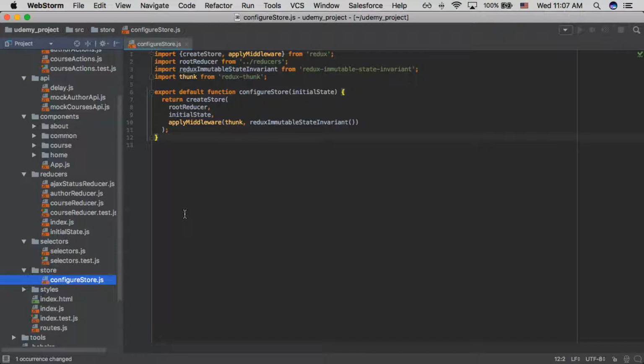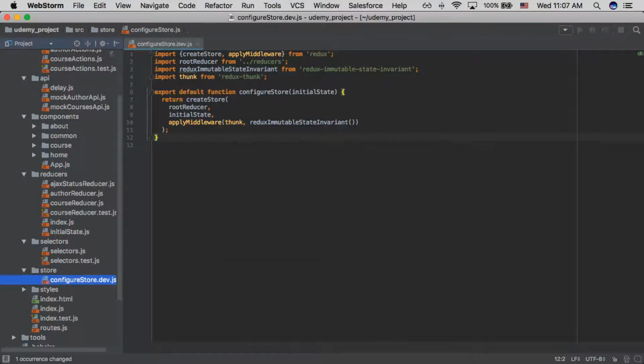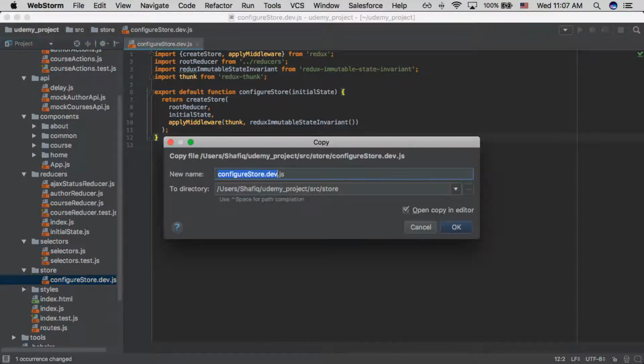state. So in order for us to create a store for production, we need to create a separate configure store call for both development and production. And here's how I'll do this. I'm going to rename configureStore to configureStore.dev.js. And then I'm going to copy this file and we'll paste a new version of it and we'll call this